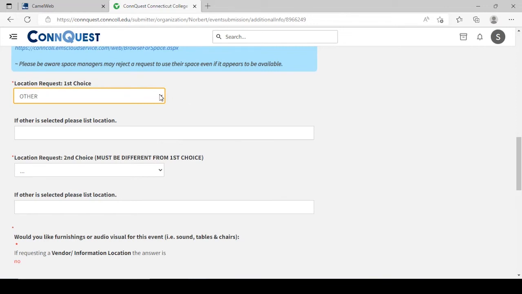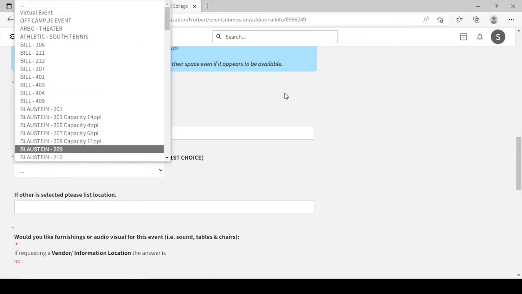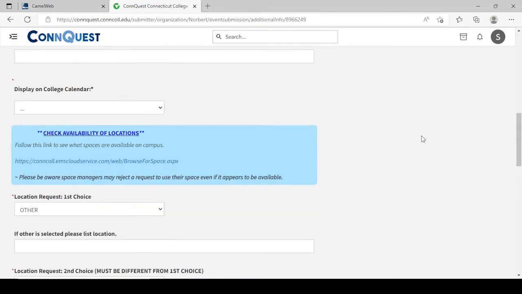But you need to submit your event form first, and then we'll start the proceedings from there. You can select a first choice and a second choice. All of that lets us know where you want to host your event. Now, oftentimes students are like, I don't know where I want to host my event. I've added a link here for you that'll take you to the event office's database of all the rooms